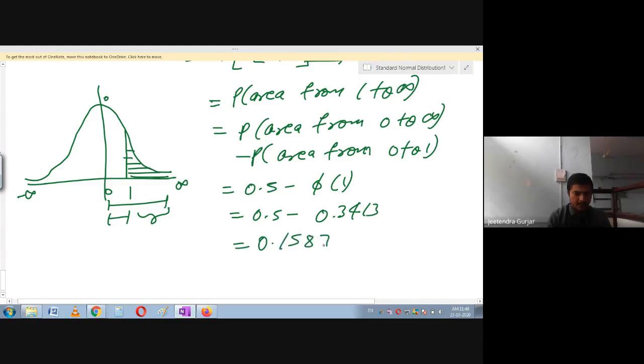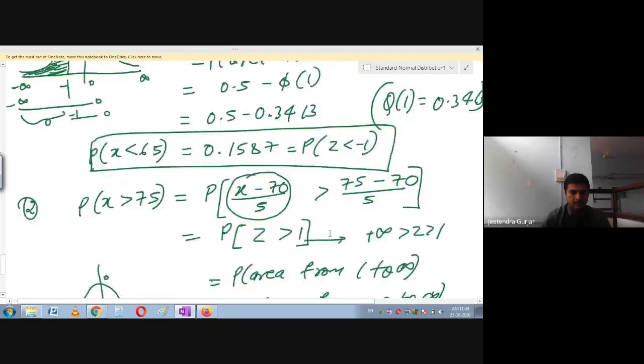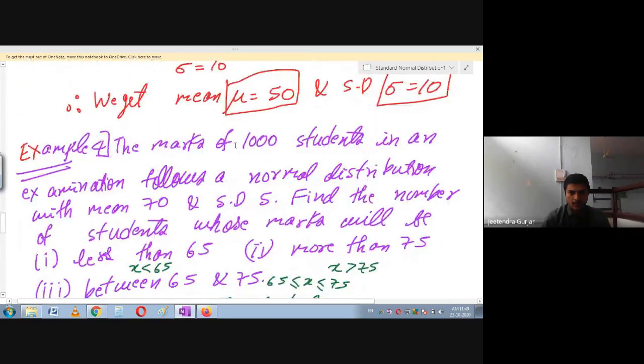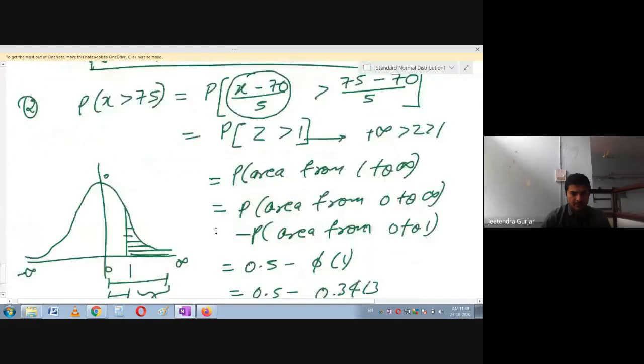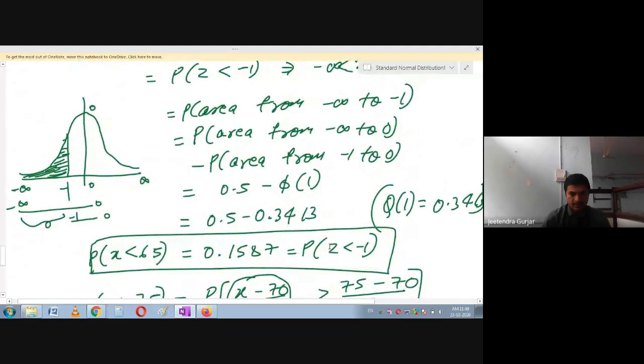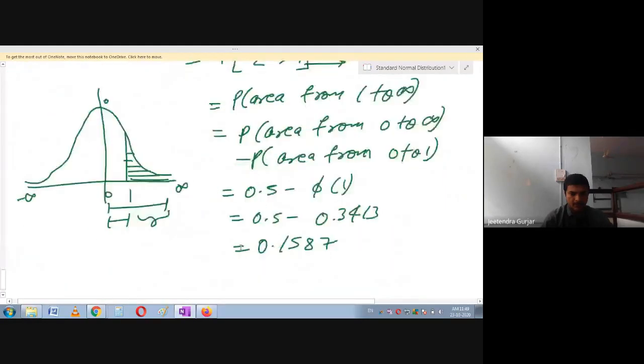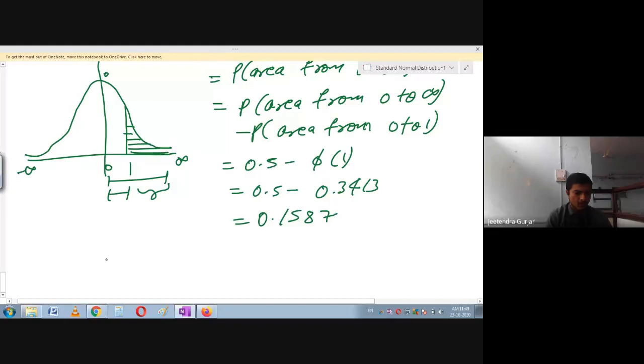This is 0.1587. So I think all these values are only for one student. So you are going to calculate for 1000. Please remember, this value you have calculated, 0.1587, is for one student. So you are going to calculate for 1000, meaning out of 1000 students. So for 1000 students, what will be the value for scoring more than 75? You can please write here, more than 75. This will be equal to then,